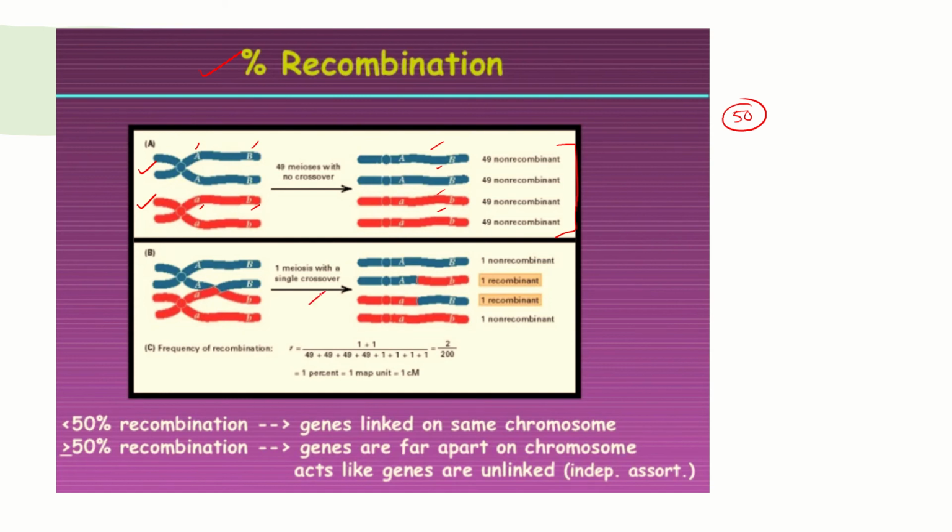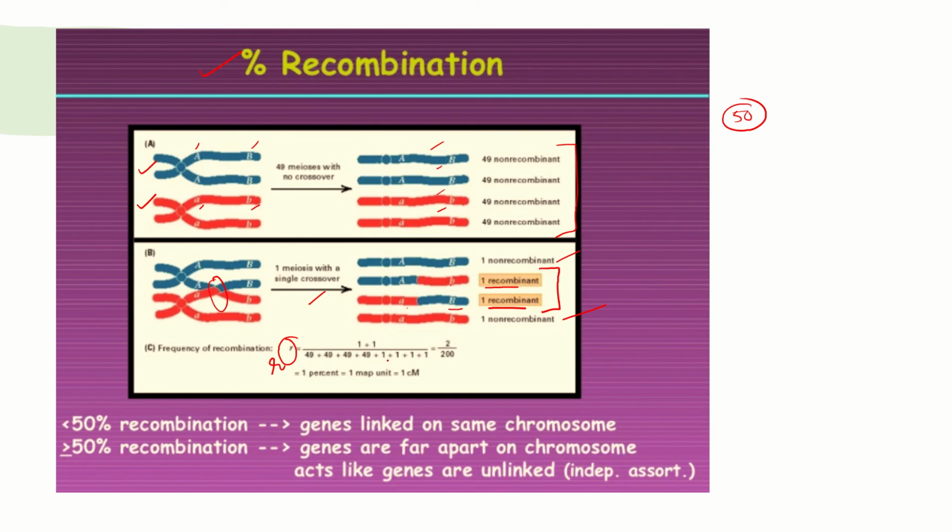But there was one meiosis where there was a single crossing over. You can see here the single crossing over, because of which we obtained two recombinants with capital A small b combination and small a capital B combination, and there were 1 each of the non-recombinants. So if we have to find out the percent recombination frequency, designated as small r, how will we do that? You take the number of recombinants, 1 plus 1,